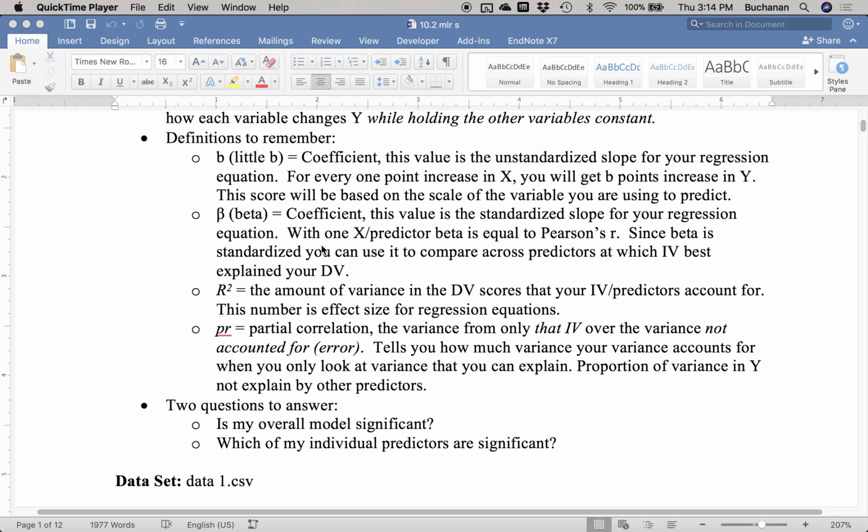Beta, however, is standardized, and this is the z-score. With one predictor, beta is equal to r, but with more than one predictor, it is not. And these scores can go over 1 if you have more than one predictor. It's a common misconception. Since it's standardized, it can be used to compare across predictors to see which